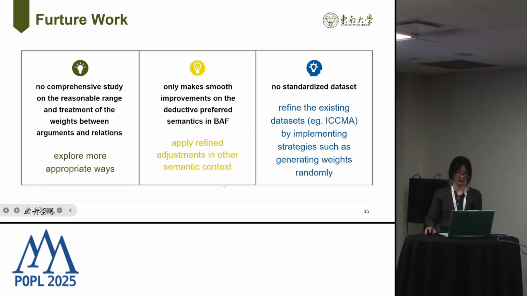There are still many areas that need to be improved. Firstly, there is no comprehensive study on the reasonable range and treatment on the weights between arguments and relations. So we will try to explore more appropriate ways to handle them. Secondly, the semantics proposed by us only makes smooth improvements on the deductive preferred semantics in bipolar argumentation framework. So we will try to apply refined adjustments in other semantic contexts. Thirdly, there is no standardized dataset, but several metro data